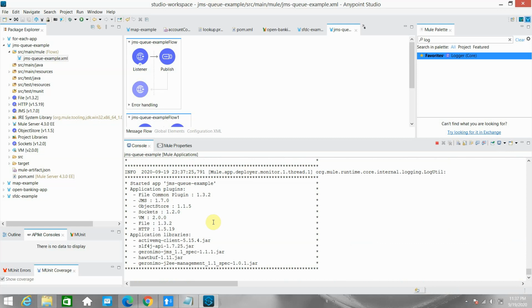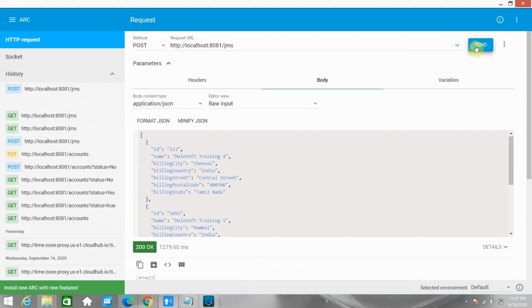Basically, a queue is very useful in case of guaranteed delivery and the reliability pattern. We're going to discuss the reliability pattern and guaranteed delivery in an upcoming video. I have already published one video on the request and reply pattern using JMS. Let me try to publish the message.